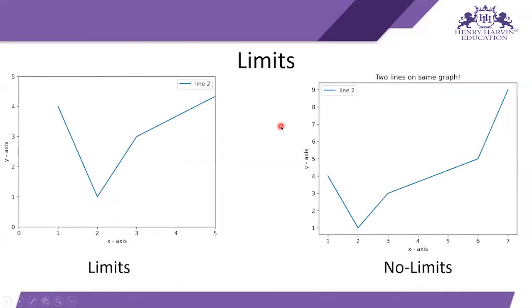Next comes the limits. Here, as you can see, I specified no limit for making a line. But if you want to see the graph from 0 to 5, that means you want to see the graph from this area. So just by specifying the limits, you can see the specific graph. If you specify the limit from 2 to 6 or 2 to 7 for x, and 2 to 9 or 2 to 10 for y, then the graph for that will get shown.